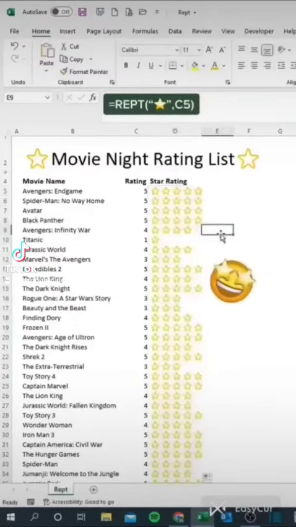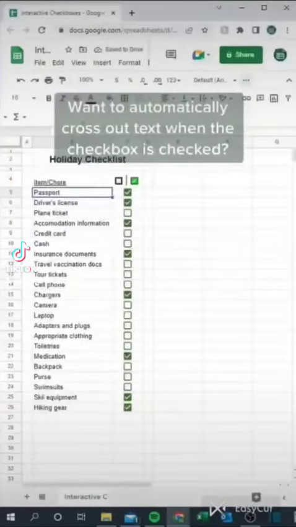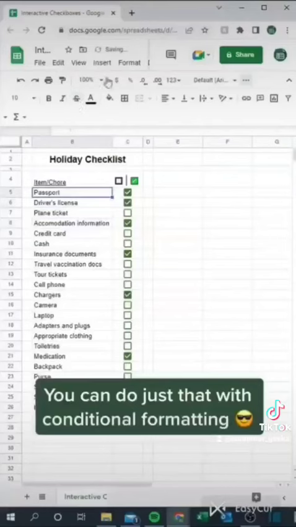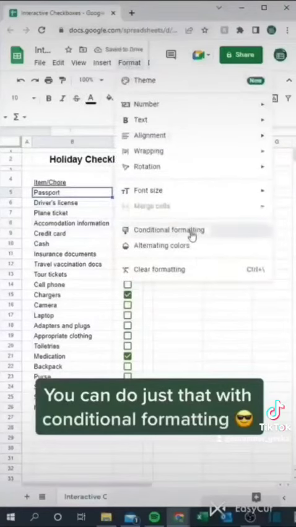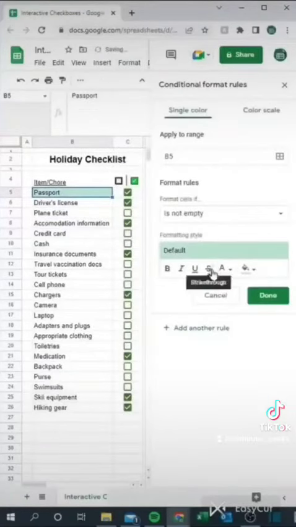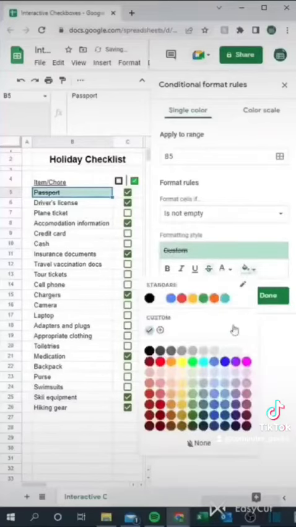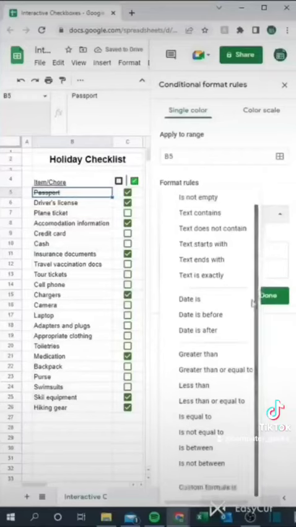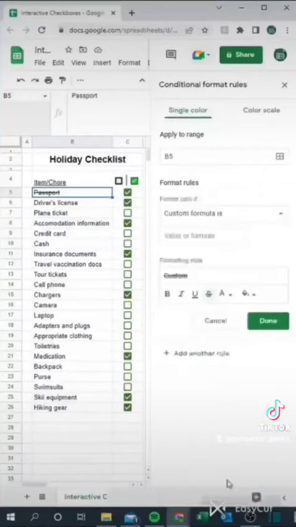This simple technique. Next, do you want to create a checklist which after you finish a thing you want to check off? Use this simple method using conditional formatting. Under the rules, you can choose the strike through option, and you can click on the color you want and you can choose none, and you can also choose the format notes and choose the custom format note. You can type in the formula,